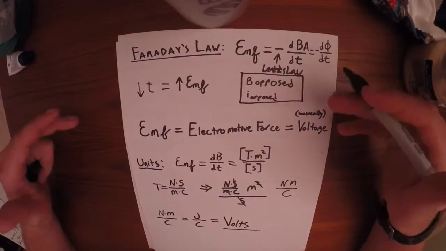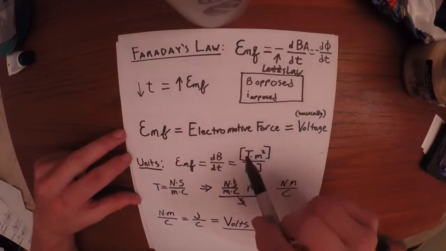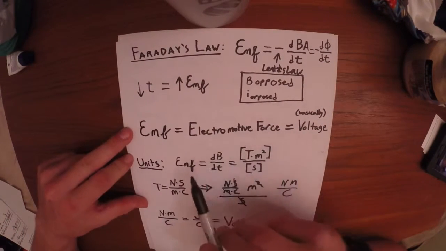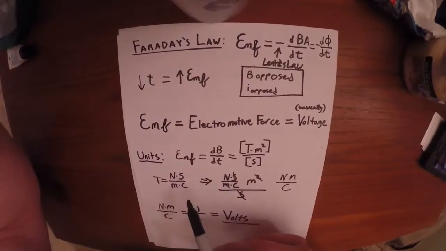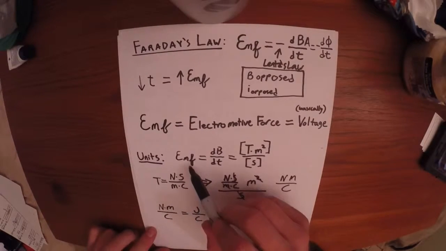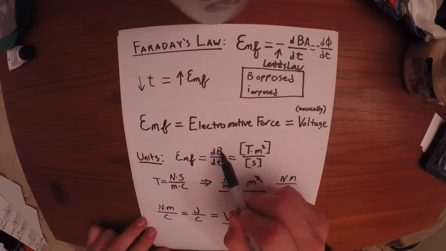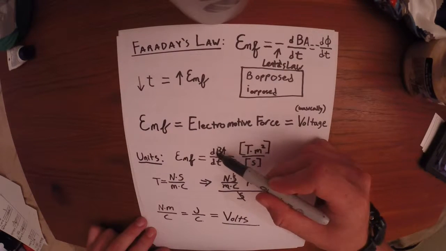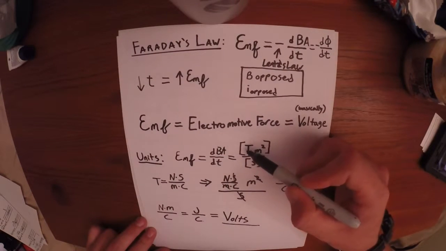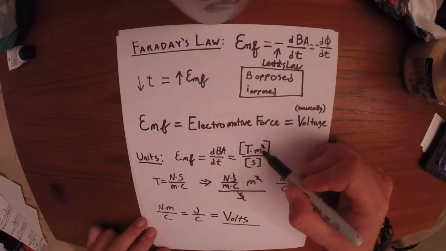Now EMF, or electromotive force, is basically the same as voltage. If you look at here, I checked the units, which for all you underclassmen I recommend doing all the time. I go, EMF is the same as dBA over dt. When you take those units, you find field is in Teslas, and cross-sectional area is meters squared over